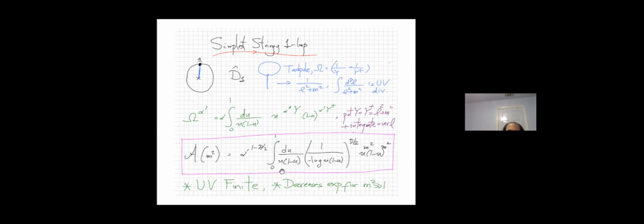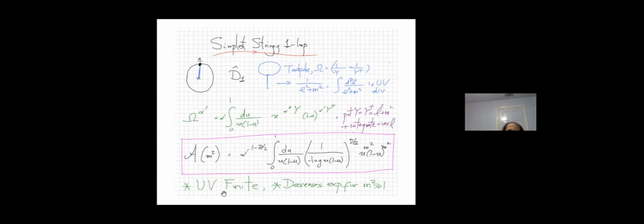Okay, so it's an integral from 0 to 1 du over 1 minus u. It's an integral over this binary geometry, but now with a more interesting dependence. So we have these familiar factors from the beta function, but we have these interesting logs in this case as well, right? And I'm not going to do any analysis yet on the kind of functions that come out of this. I only have time here to show you just the form of these integrals and tell you a few qualitative things about them. In any case, I don't know that much about what the actual functional form looks like.